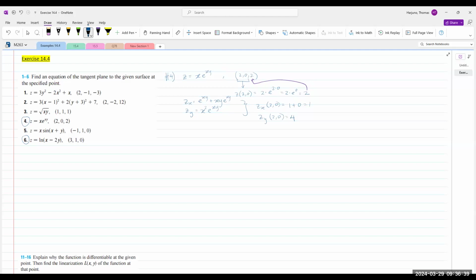Okay, now if we remember, then the tangent plane is given by, there are two ways to look at this though. The tangent plane, you can just think of that as a regular tangent plane, right? Which contains the coordinate 2, 0, 2, and the vector normal to it is -1, -4, 1. Okay, that will give us -1 times (x minus 2) minus 4 times (y minus 0) plus 1 times (z minus 2) equals 0. Okay, z equals 2 plus (x minus 2) plus 4 times (y minus 0),